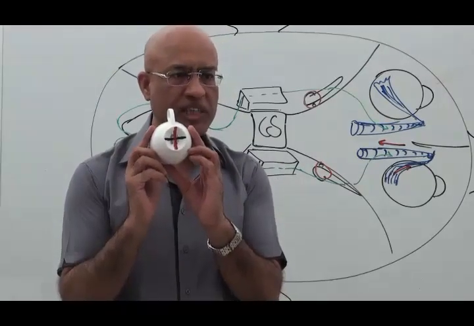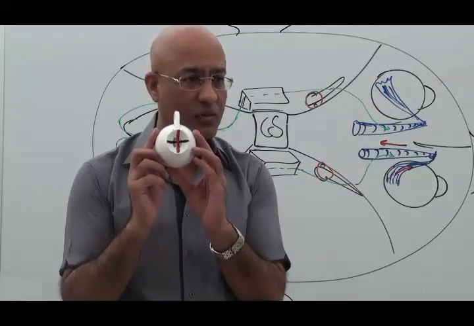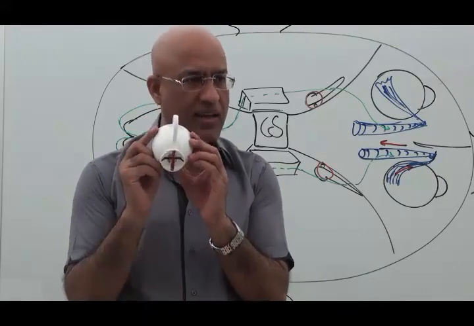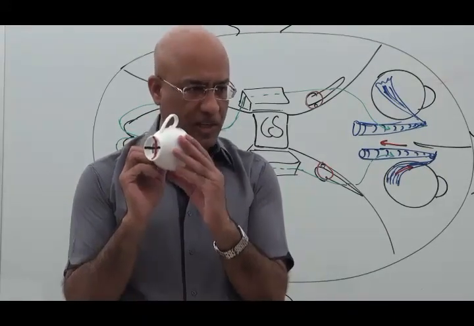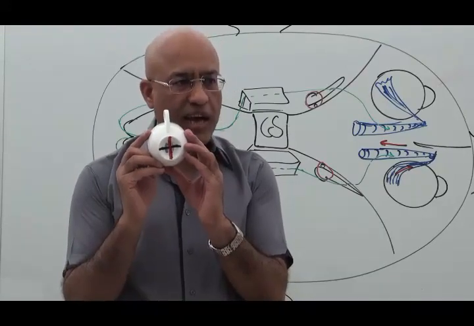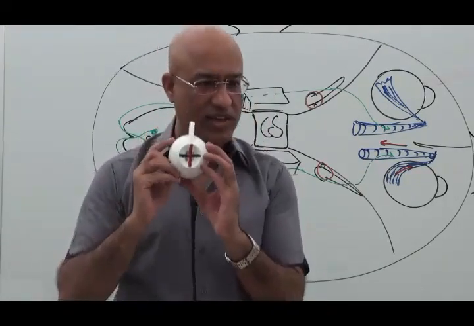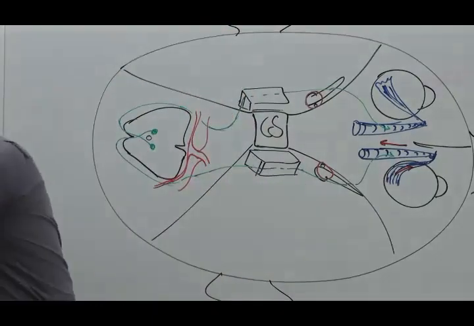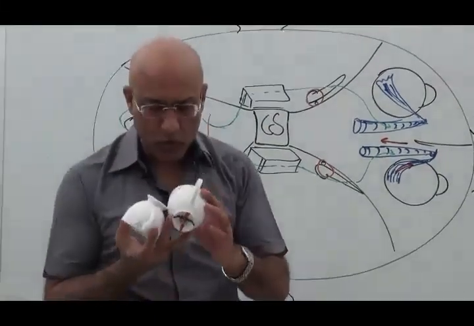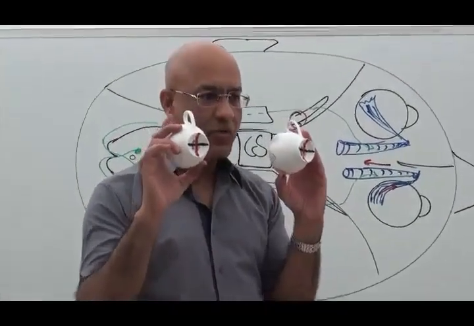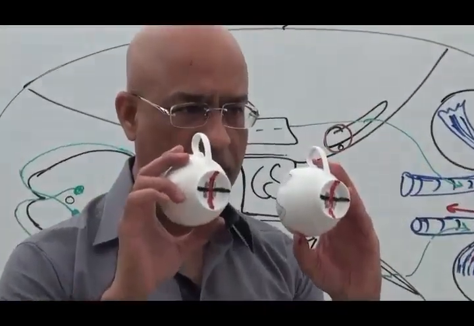And if superior oblique does not work, where will be the problem? There will be weakness of depression. This eye cannot depress very well. Number one, weakness of abduction and failure of intorsion. Now imagine that these are my two beautiful eyes, right? And in the right eye, the fourth cranial nerve is damaged. What will happen? Number one,